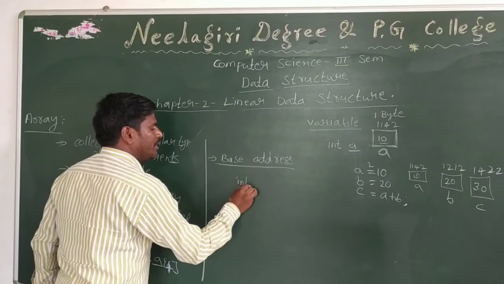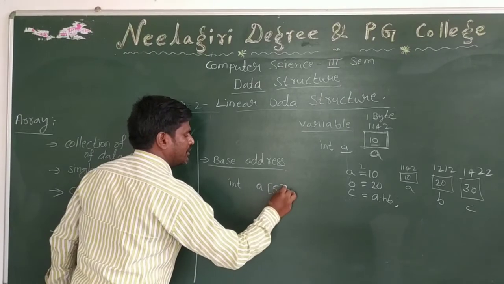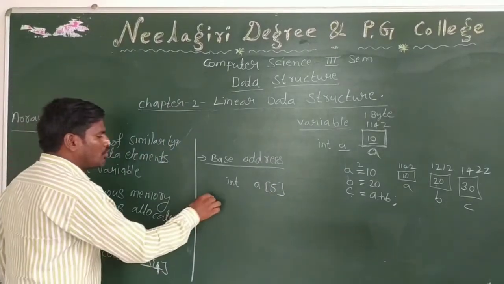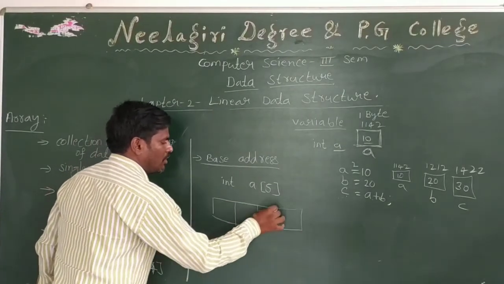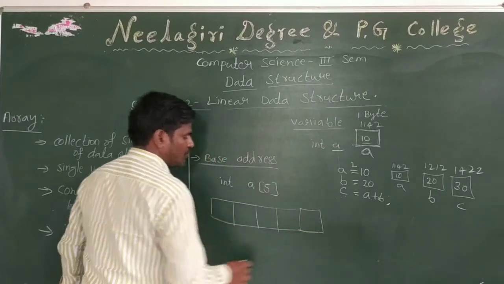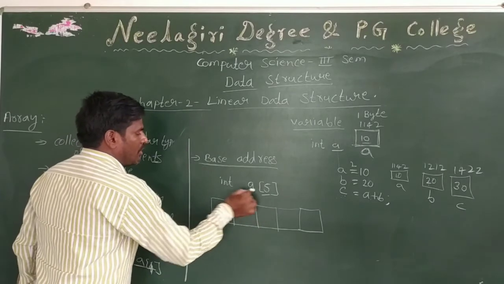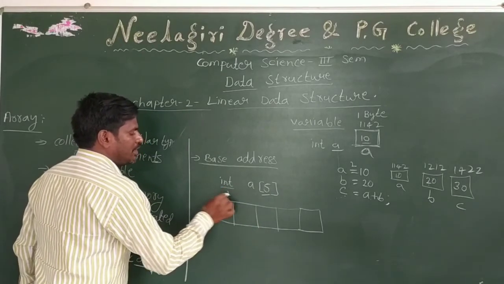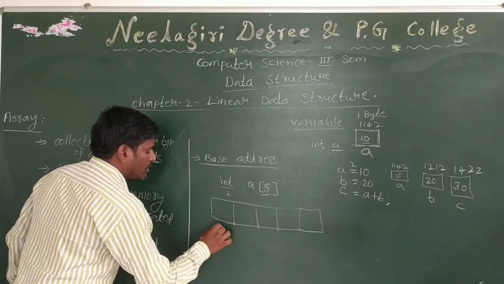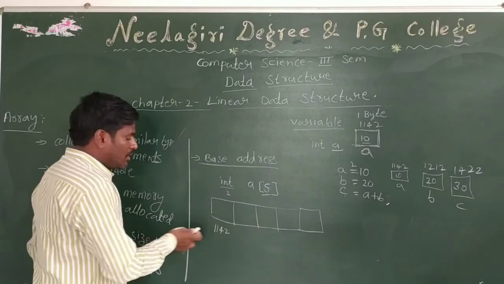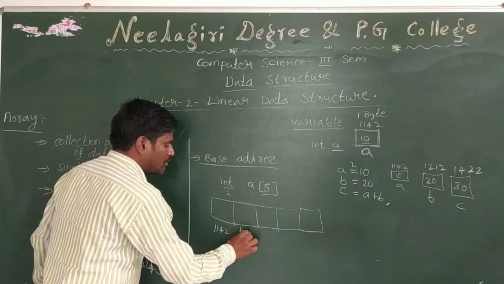So generally we declare an array like this: integer, say a of 5. We know already this is a one dimensional array. So automatically in computer memory 5 locations are allocated to the variable a. 1, 2, 3, 4, 5. How much memory is allocated for an integer? Say 2 bytes. 2 times 5 is 10. 10 bytes of memory. So for example, 1142 is a starting number. 1142, 1143 for this one, 1144 this one.